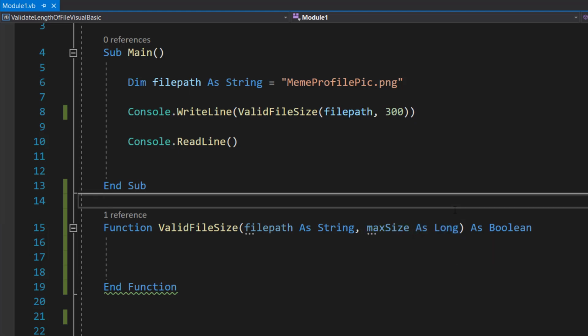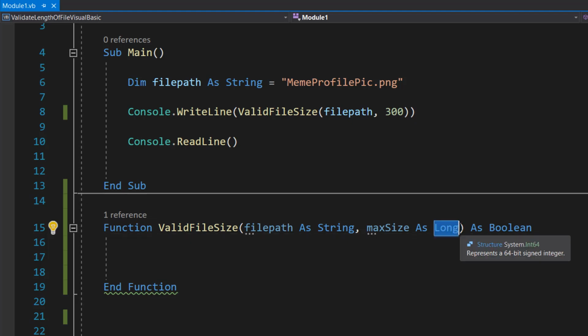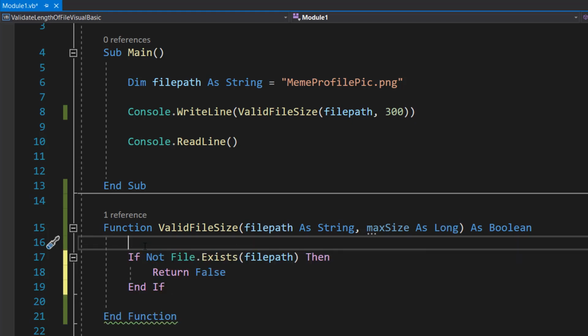Well, basically, depending on the file sizes you're going to be working with, you might hit the 32-bit integer limit. And to future-proof against that, we're going to be using a long as it can store bigger numbers. If you're working with bytes or kilobytes, there's a really good chance you could hit the integer limit that an integer has. So we're using a long in case that happens. As it says here, it represents a 64-bit signed integer. Inside, we're going to do If